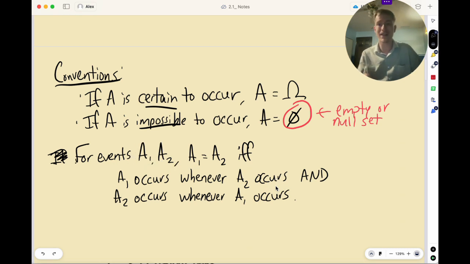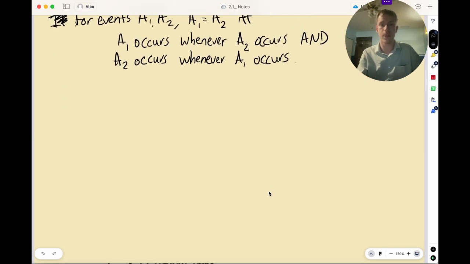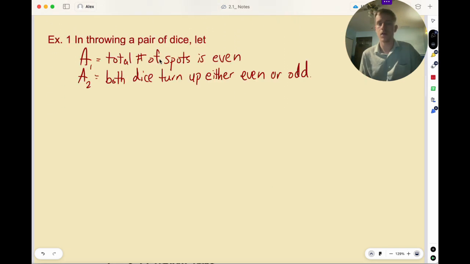Let's do a quick example of this. Example 1 says, in throwing a pair of dice, let A1 be the event where the total number of spots when you add the two numbers up is even, and let the event A2 be both dice turn up either even or odd. Then the entire sample space omega is going to be the set consisting of